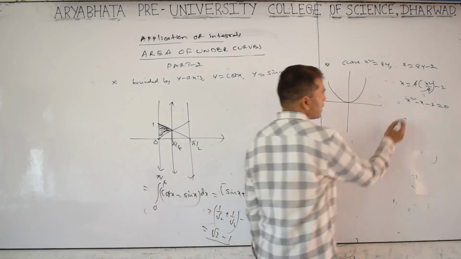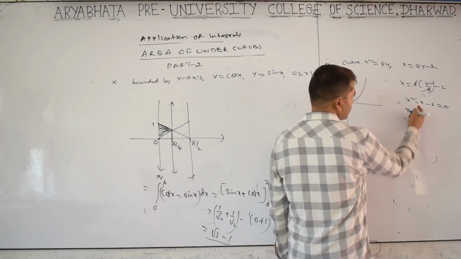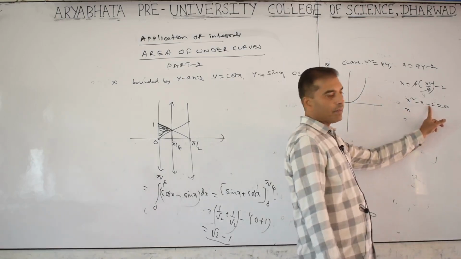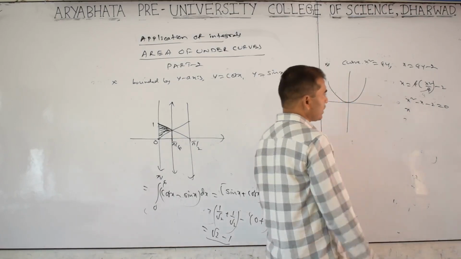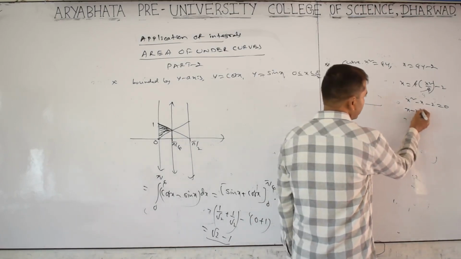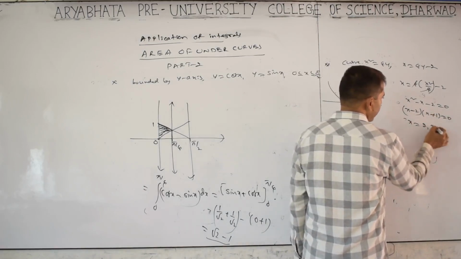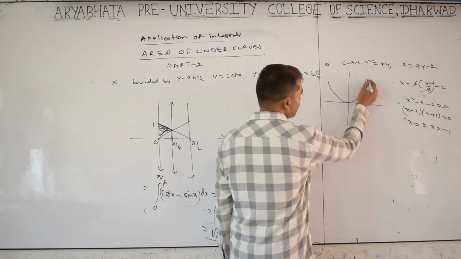Tell me the factorization here. We need two numbers that multiply to give −2 and add to give −1: minus 2 and plus 1. So (x − 2)(x + 1) = 0. x = 2 and x = −1.